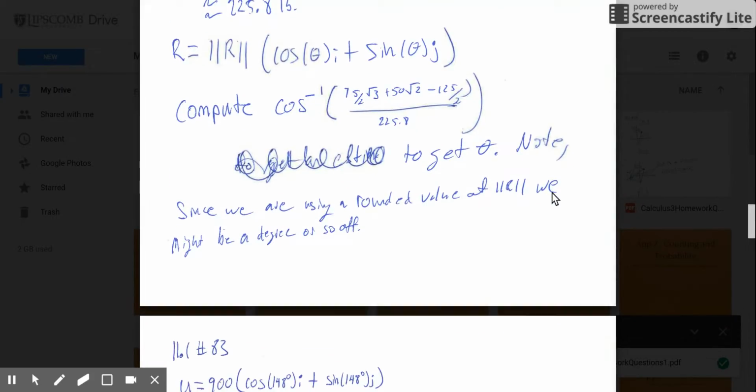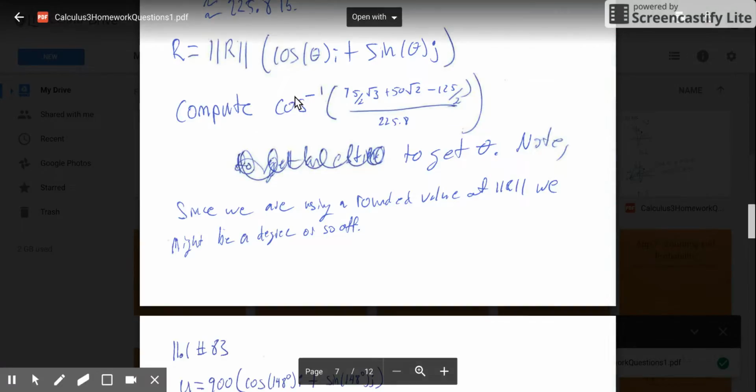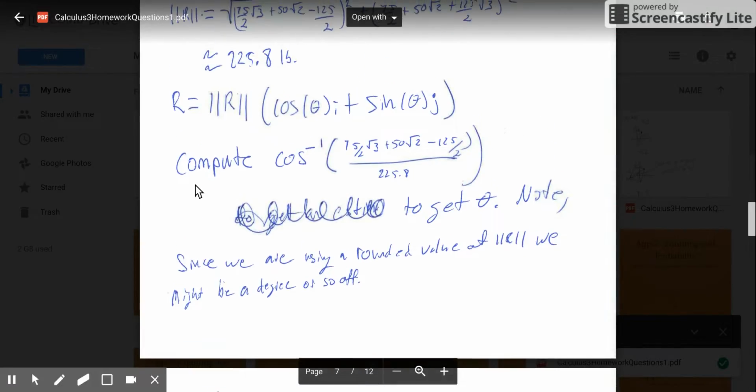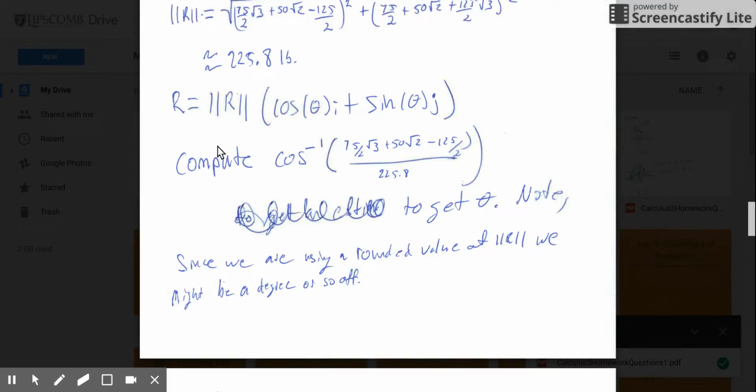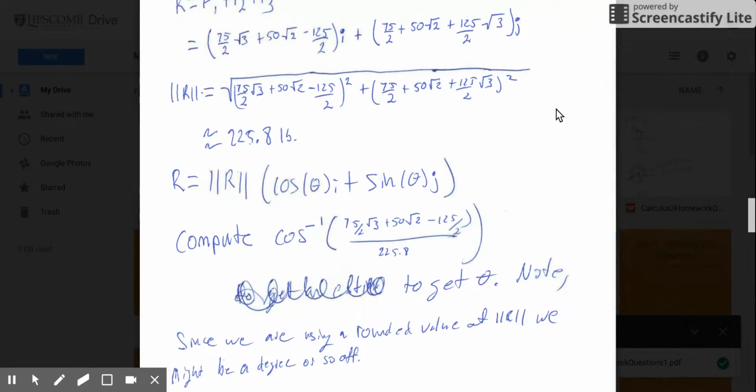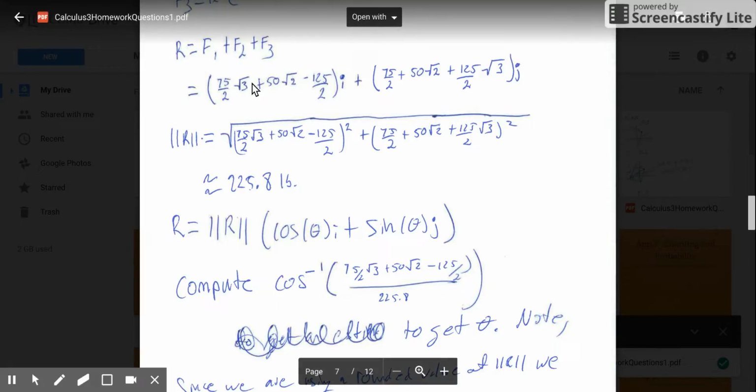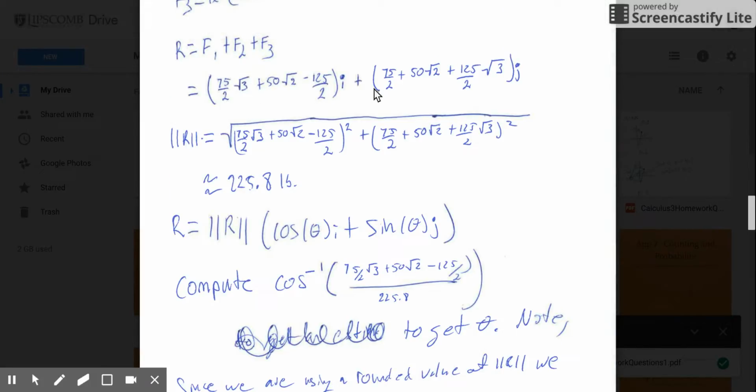All right. Lastly, we're also asked for the direction. So we have the magnitude, and we're asked for the direction. One thing we might do, and this is always the trouble with showing a way to do a problem, there are other ways you could find this direction angle, but I thought about it as we could write the vector r, the resultant vector, as the magnitude of r times cosine theta i plus sine theta j,